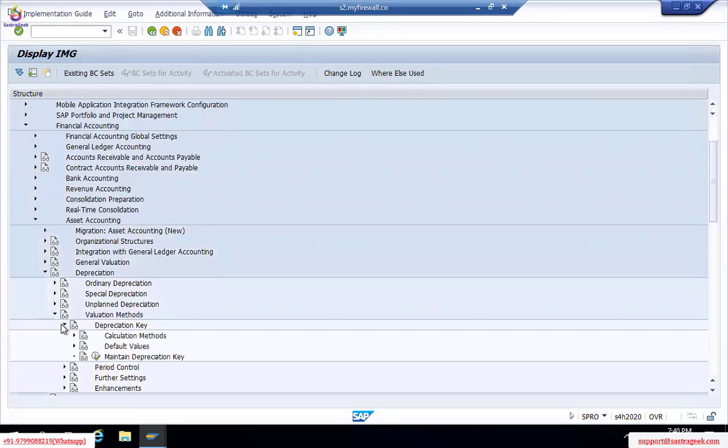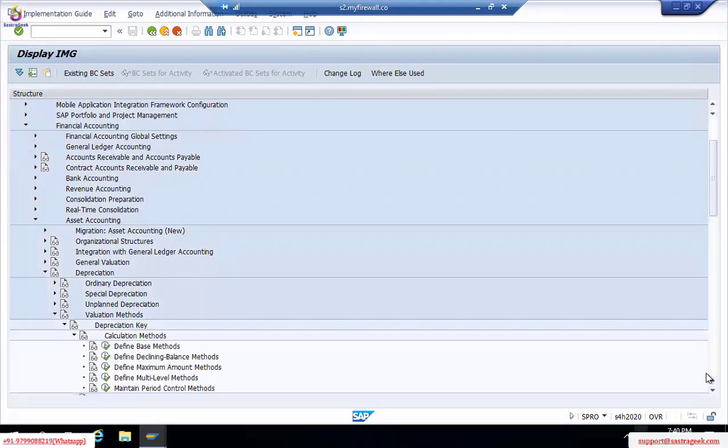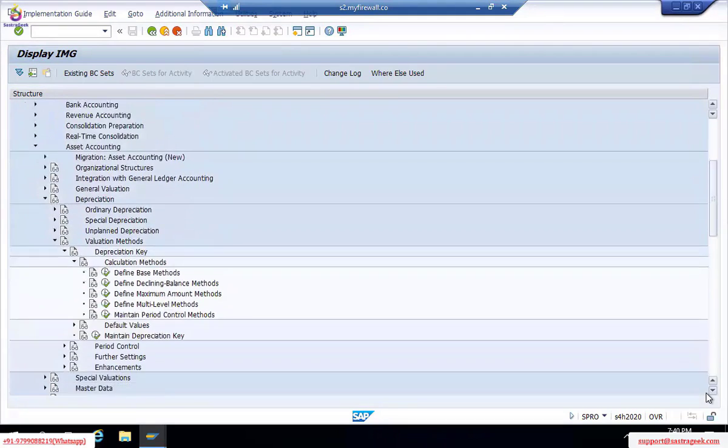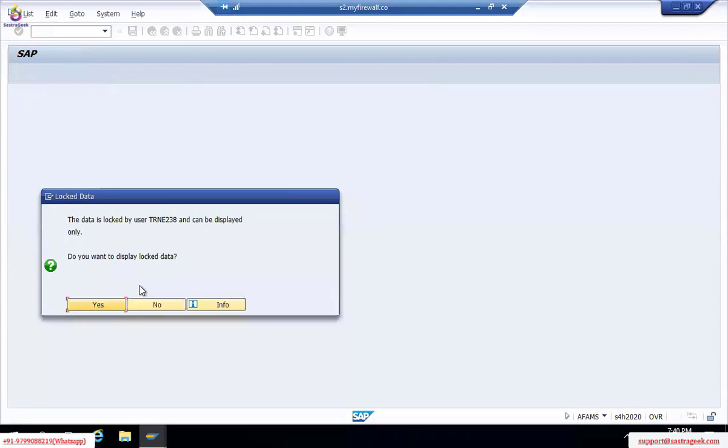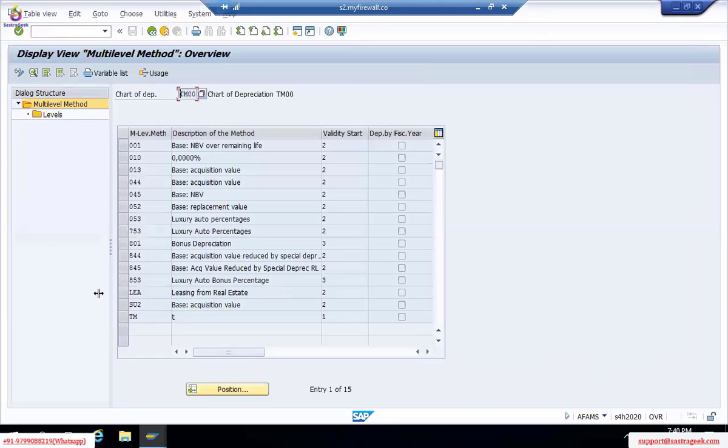Okay, and one thing is here, we cannot go with the direct T codes. We don't have asset accounting here at the time of this conversion. It is okay. Let me log the data. Okay, no issue. See this 001.